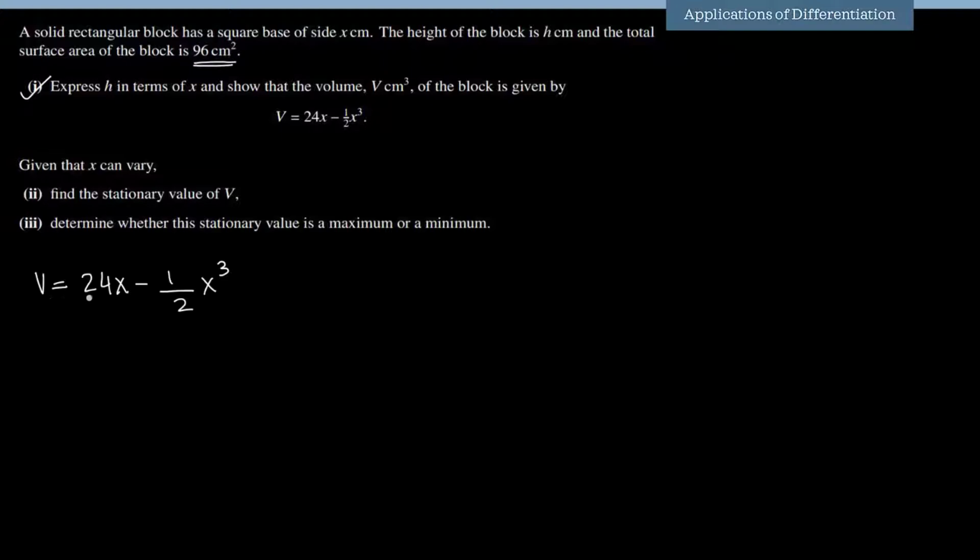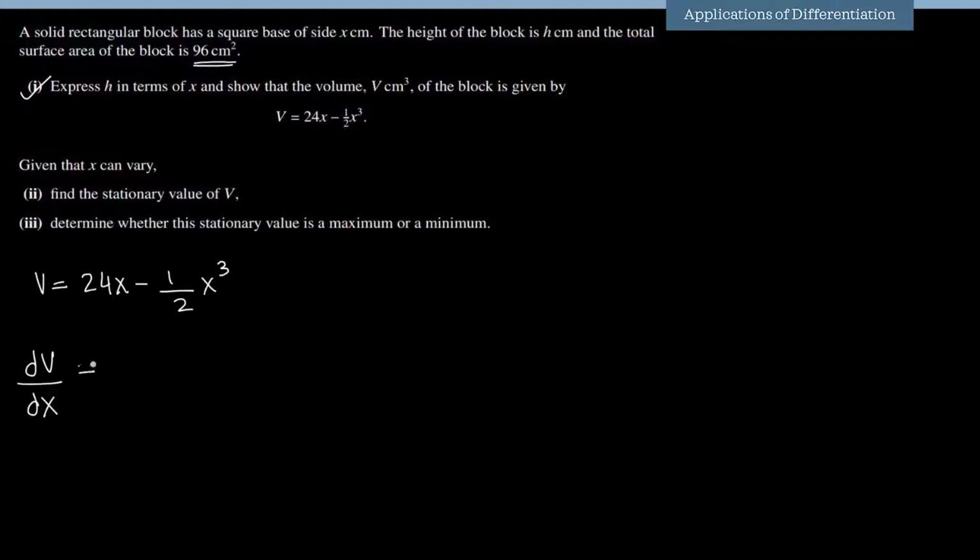Now after we have shown that volume can be expressed by this equation, in part 2 I need to find the stationary value of V, and it is given that x can vary. So I need to find the rate of change of volume with respect to x, and that is given by dV upon dx. So I need to differentiate this equation of volume with respect to x, and the differentiation of